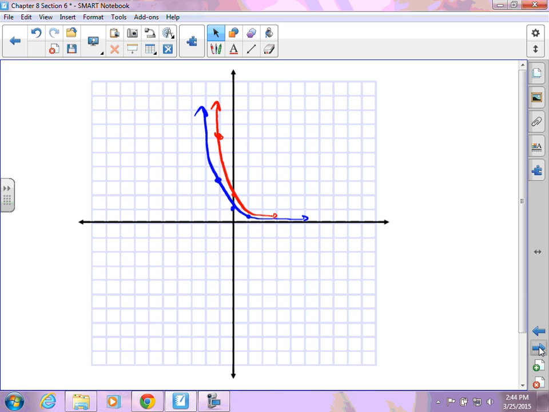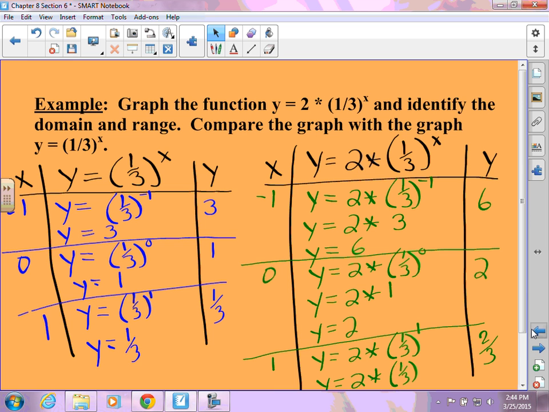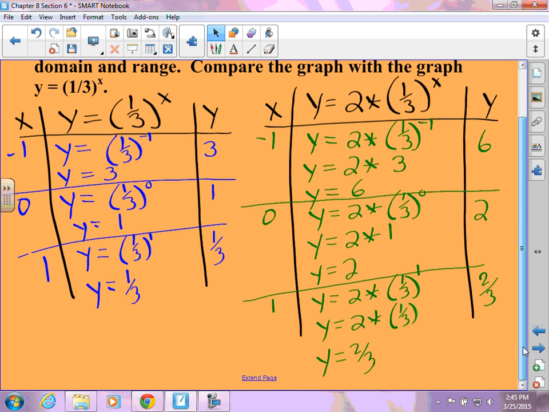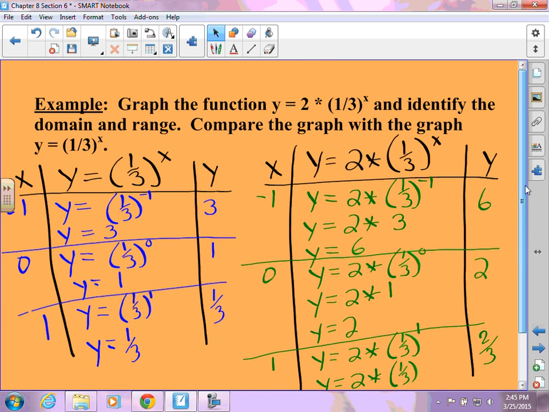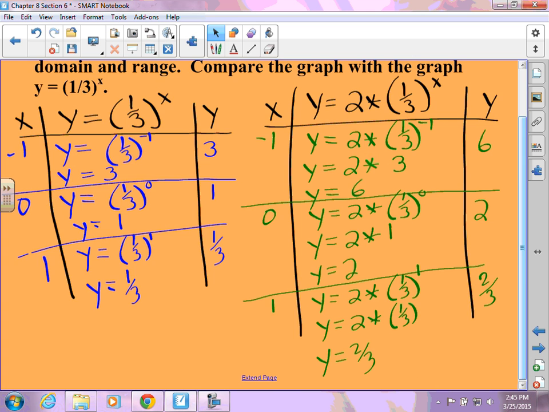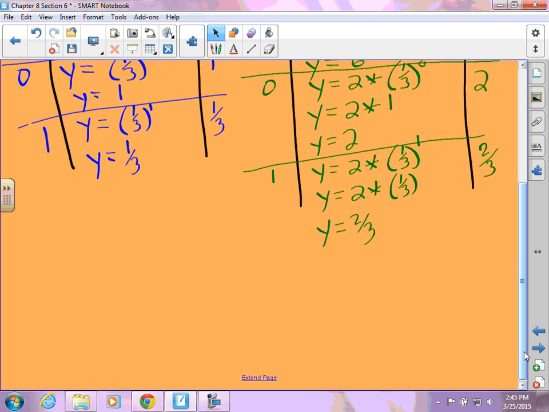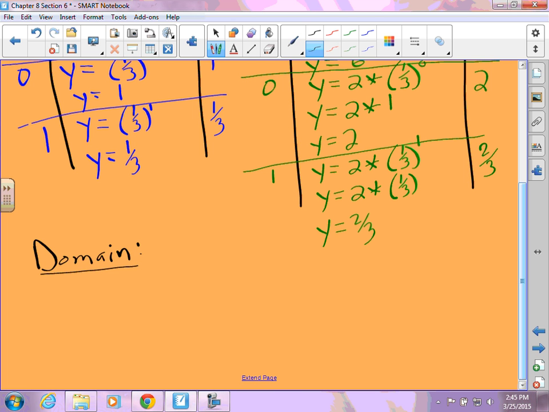Now, I need to go back, and it asks me to compare the graph. It also asks me to identify the domain and range. And we've kind of already done this before with the growth. So if I talk about the domain, very similar to the growth, I get to choose the values for them. So it's going to be all real numbers. With the range,